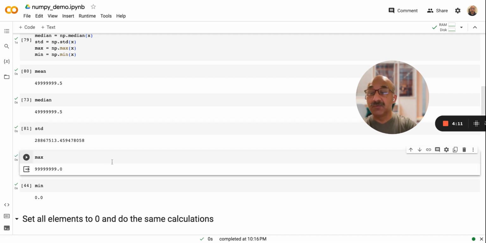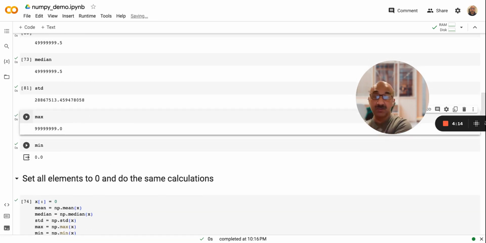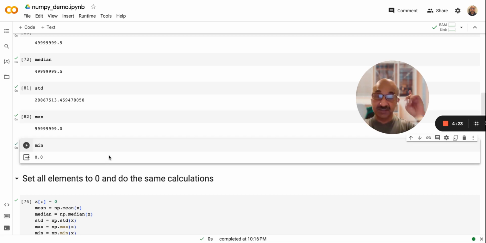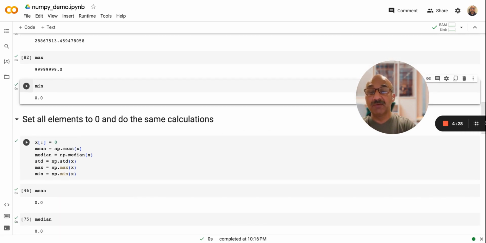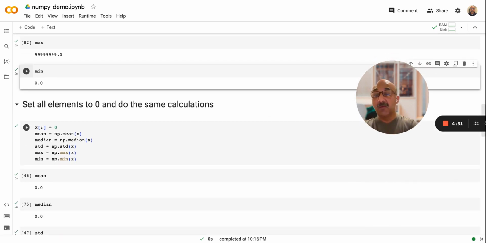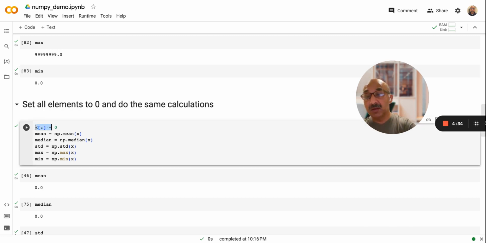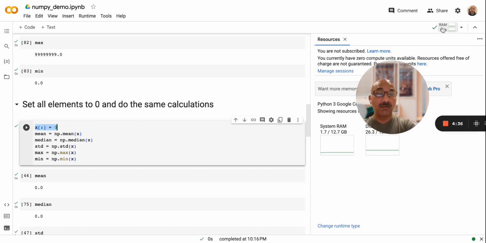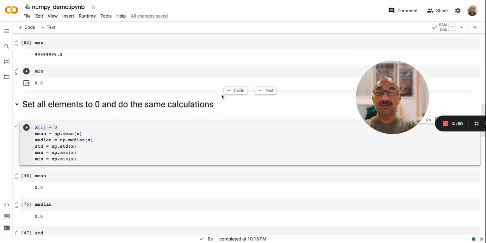All right, maximum. If you look at the elements, obviously it went from 0 to 100 million minus 1, so that's the maximum, 100 million minus 1. Now we're going to do minimum. And of course, the first element in that array was 0. So we got 0, which is the minimum of the values that it had. Now, by using this one little command, notice our RAM, and obviously we're not using disk at all, but RAM doesn't change. It's not using any more RAM than we were using at the beginning of this session, right? So what we're getting from Google for free,